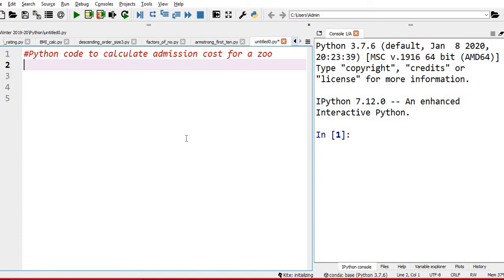So first you need to get the input of ages.